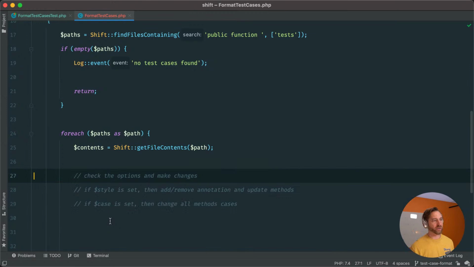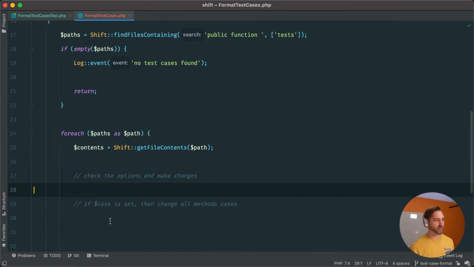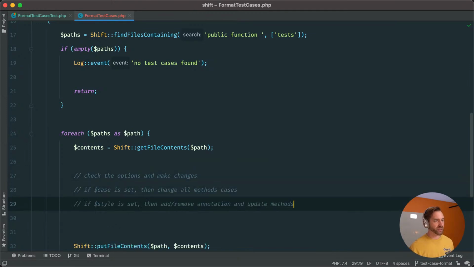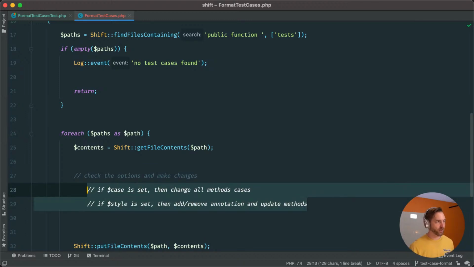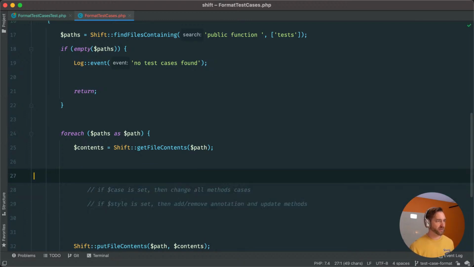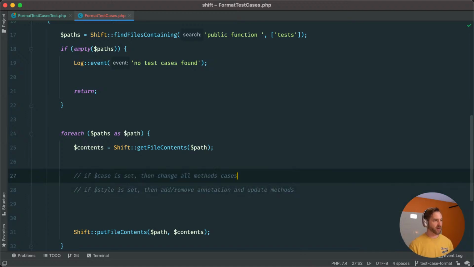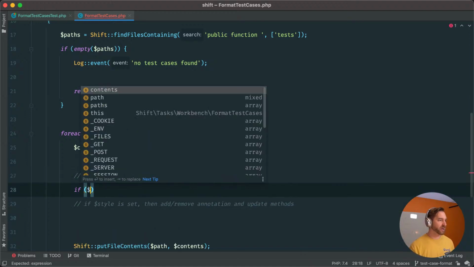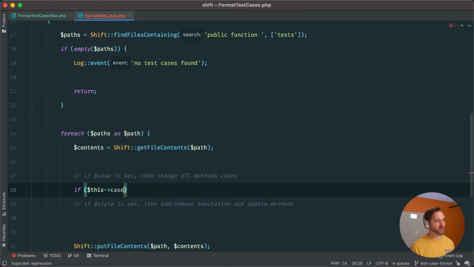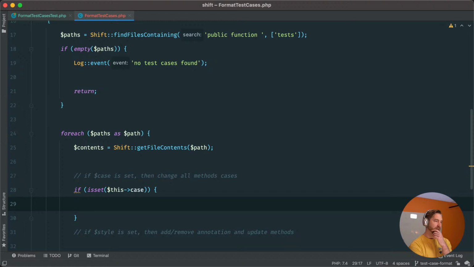It really shouldn't matter the order, but it just might be something where we test that out in different ways. But this is really what we want to do. That's what this means. So really, we're getting closer to code here. So let's start crafting some of this out. Let's do something like if this case is set, then we basically would want to